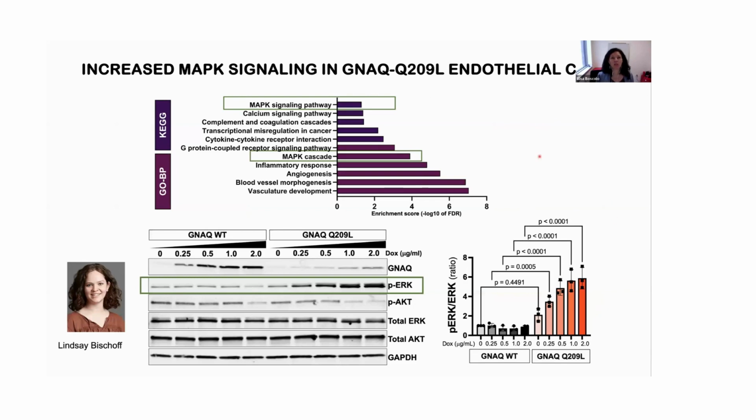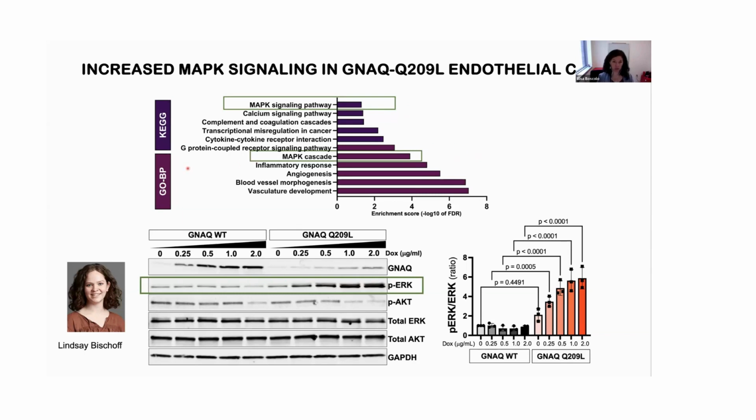And next, I want to move on to tell you about some of the other pathways that we identified thanks to the RNA sequencing data. And namely, we were really interested in the MAP kinase signaling pathway because it's kind of trendy in vascular anomalies to look at it nowadays. There are inhibitors. And also we knew this was a putative, important signaling cascade that could have been activated downstream